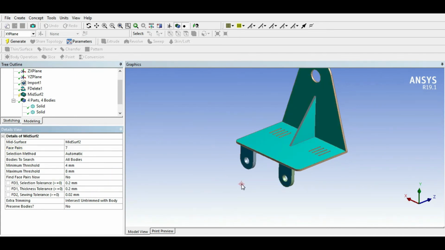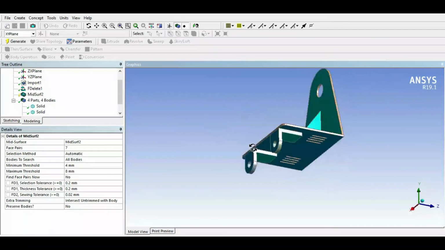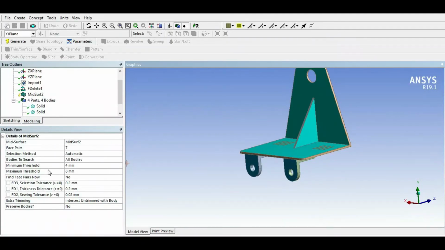After identifying the face pairs which come between these minimum and maximum thresholds, it again returns to its original setting, that is no, right? Because after changing any inputs, we have to find the face pair again. So again we have to click on yes here.